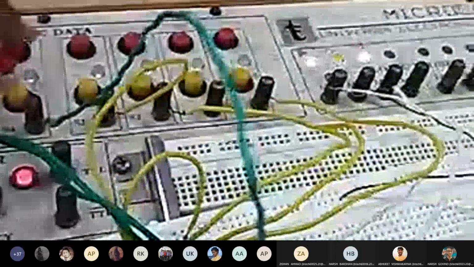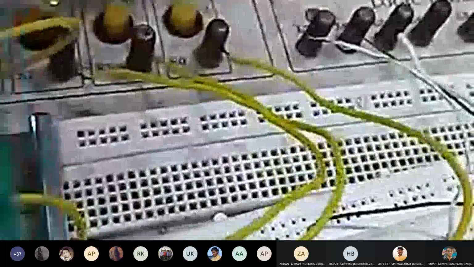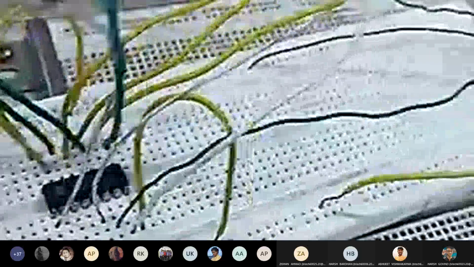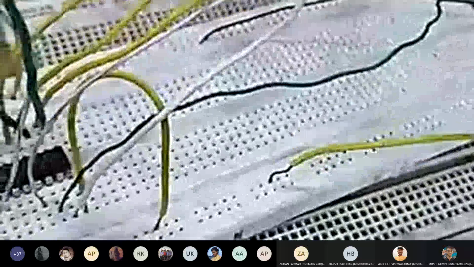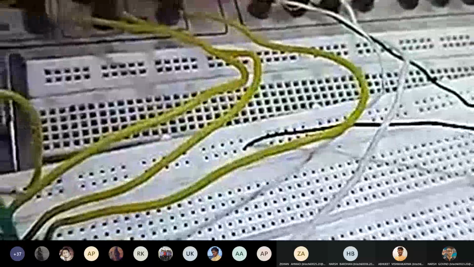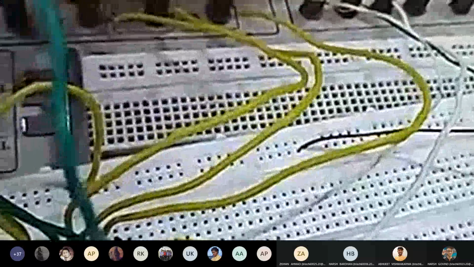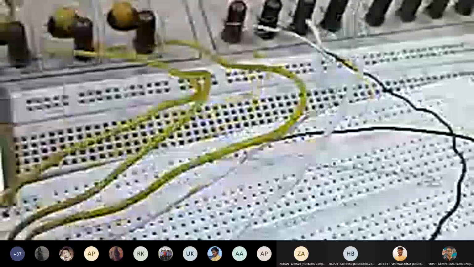See now what is happening, dear students. Both the lights are glowing. That means something has been shorted in your circuit, so now we have to troubleshoot where it is being shorted. It should be coming only one. Here both the lights are glowing, that is A is greater than B and A is less than B, and this one is also glowing, which means C is 0.